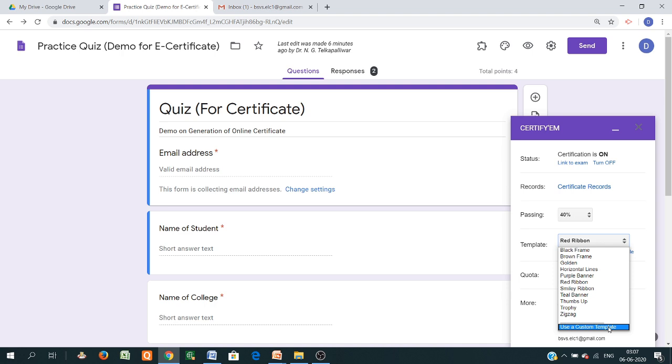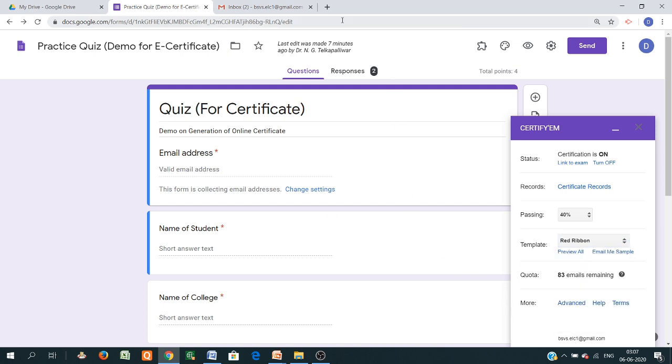Just copy it and paste in the Google Slide. That is very important. Google's template certificate, meaning custom template certificate, can only be generated by using the Google Slide. So there are two ways. Just copy the template and paste in the Google Slide and enter the required data, that is the name of participant, then college name, percentage if you want to show in the certificate, etc. You can easily add it in the Google Slide. So let's go in the Google Slide first and then customize the template.